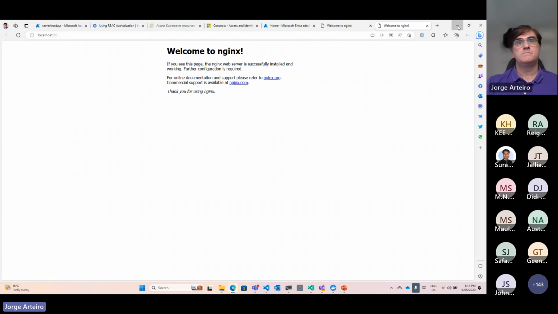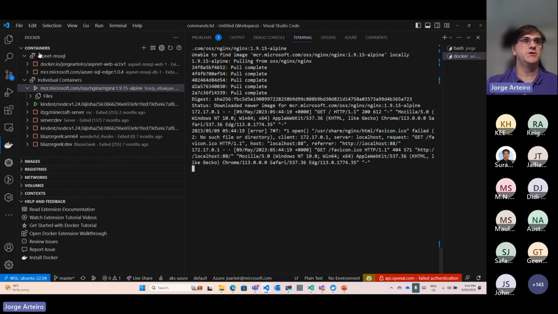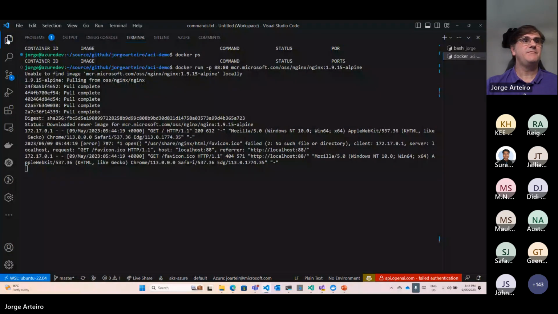Okay. Like I said, multiple ways: from Docker Desktop, from the Docker extension on VS Code, or you can even see it locally. A nice thing is, because I ran it in the foreground and I haven't set it to run detached, I can see all the logs coming.